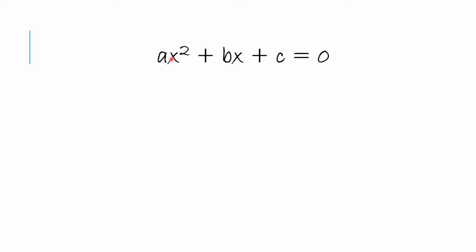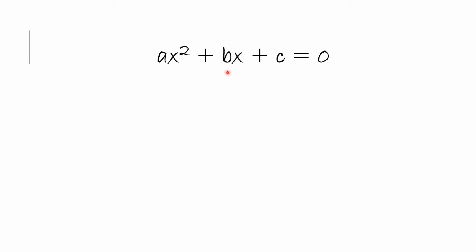Now let us visualize this quadratic equation to find out the solution of this equation, that is the quadratic formula. Since you have x square over here, let us take a square of side x. So the area will be x square, and since there is ax square, we will take the square x, a times. Similarly, we consider a rectangle of length x and breadth 1.